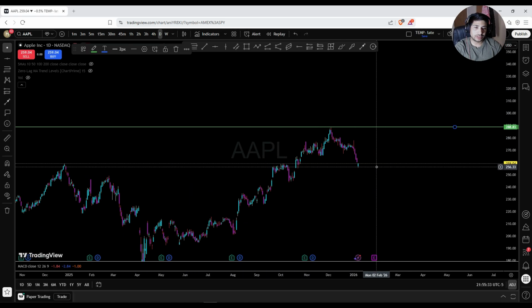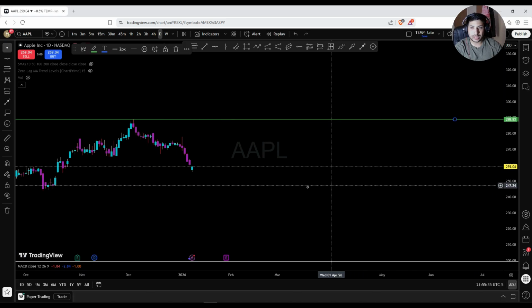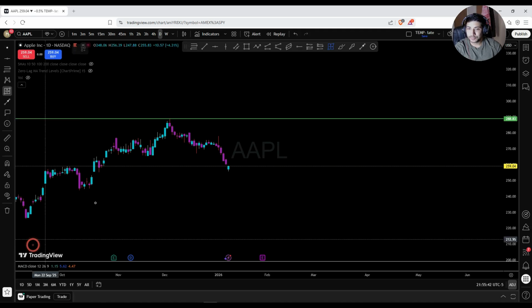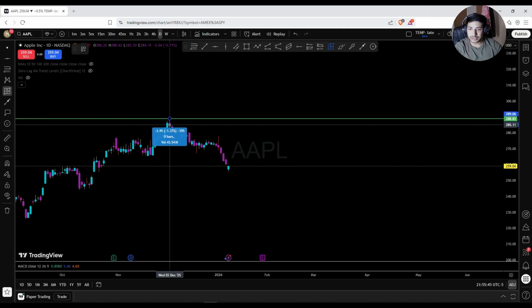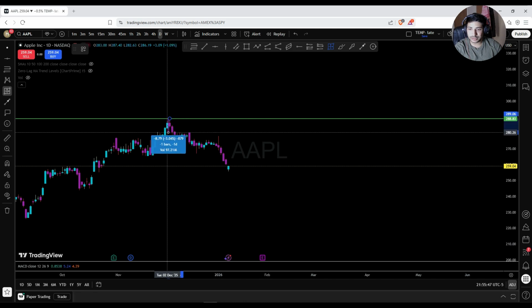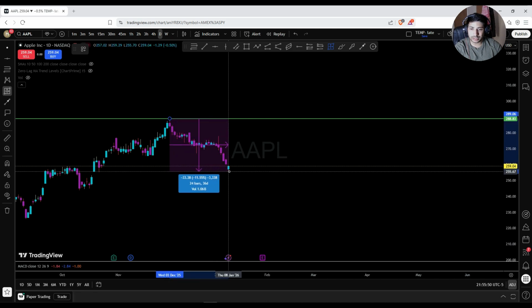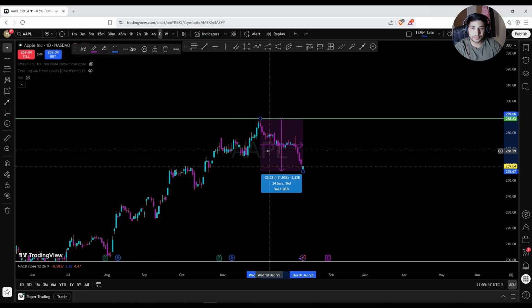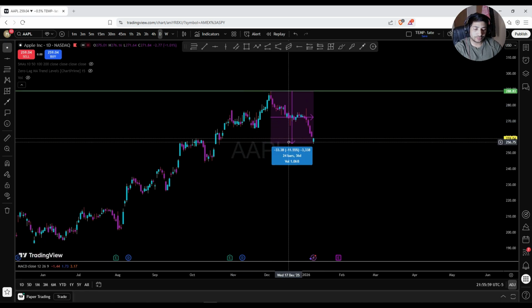After that, we are seeing a downtrend. Let me show the price range and the date range on this one. From December 3rd up to today, January 8th, almost 36 days, we are already almost 12% down, which is not common for Apple. We normally see this once a year or so. It may be a buying opportunity, but we'll use the indicators and see in more detail.